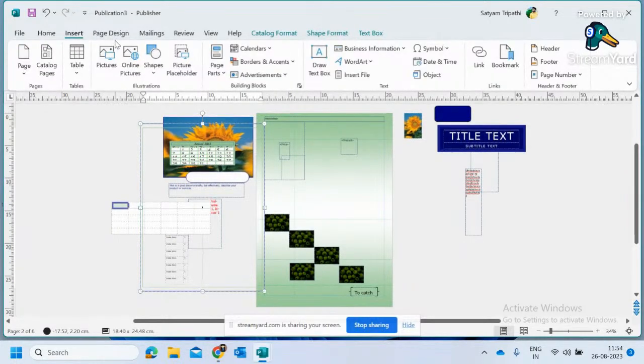So the main features we covered are about the home, the insert page, page designing, and the catalog save text format. Basically, it helps you to create documents for official use. I hope everyone creates documents for someone's birthday, Mother's Day, Father's Day, or